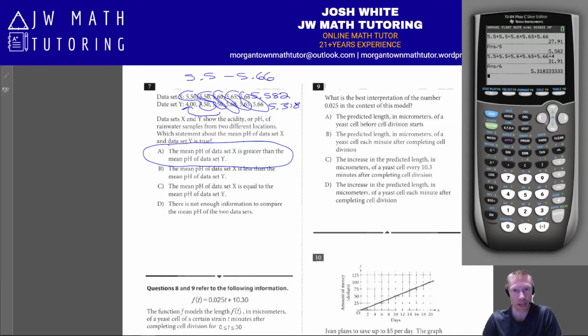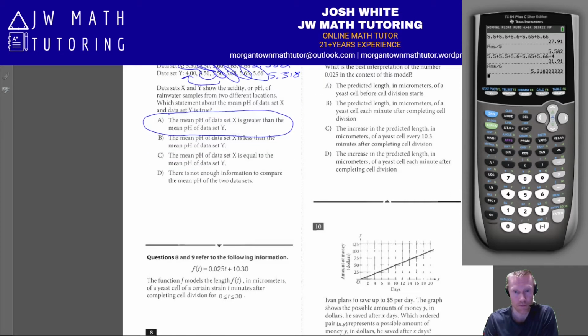But when you add in a 4, that's going to decrease the average, because for dataset X, you know that the average is somewhere between 5.5 and 5.66. But if you add a 4 to it, that's going to pull the average down. So if you were able to figure out that the answer would have to be A based on that, that's good. That means you have a good understanding of the mean, or the average, of a data set. But if you're not able to do that, just punch them into the calculator, work them out,